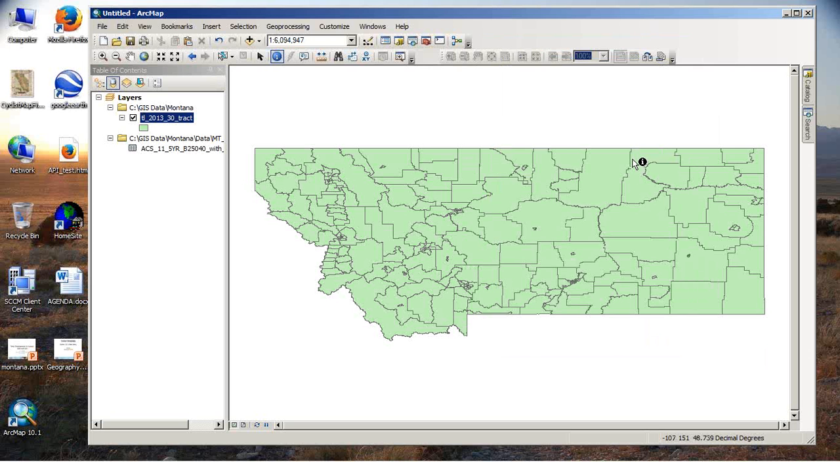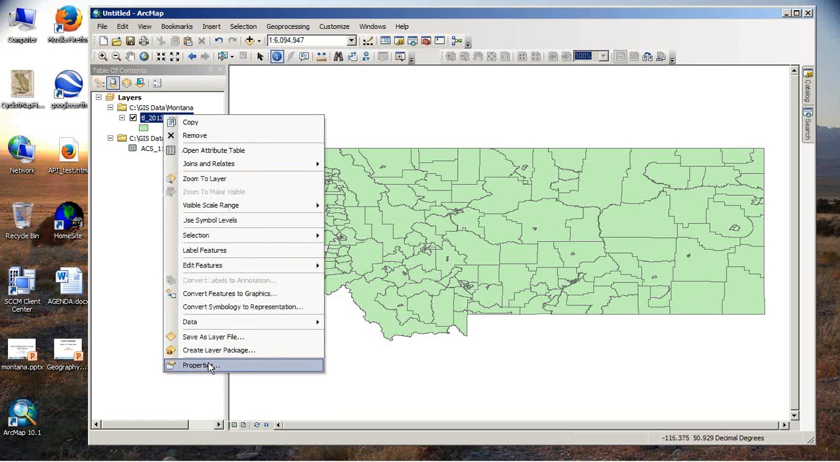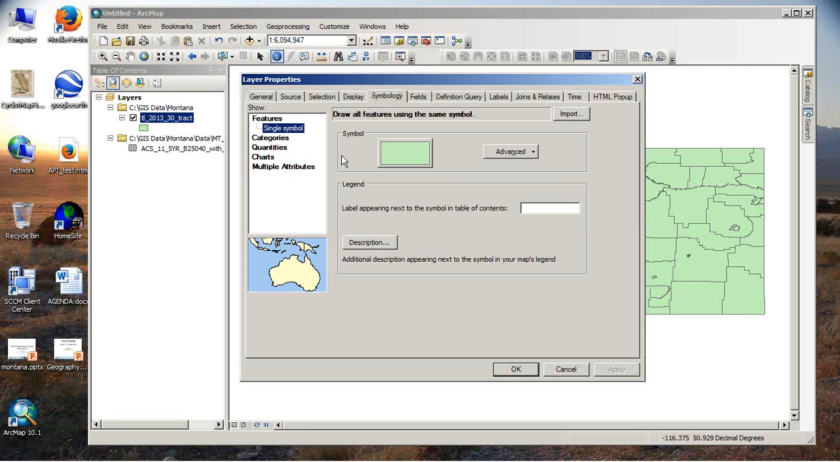Let's map now one of these variables. To do a choropleth, you do a right click or a double click and go to Properties. This is the weird thing about Esri software. Why do you click on the layer to map it? I suppose it makes some kind of sense. But under the Symbology tab, under Layer Properties,